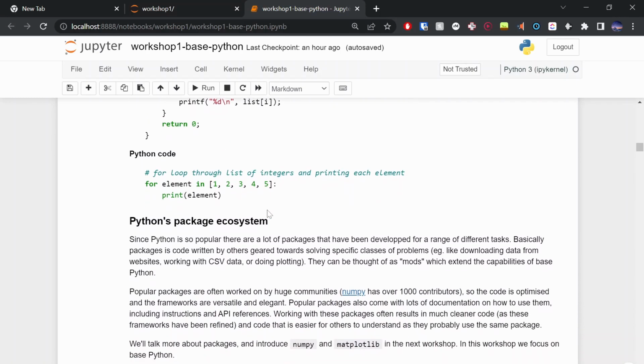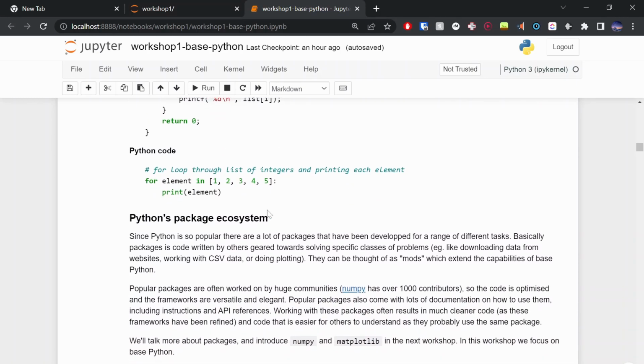And then it becomes a chicken and egg sort of thing, because since Python is so easy to get started with, lots of people start using it, and then lots of people develop tools for it, and then lots of people come to Python for the tools that it has, and it just becomes a snowball effect to the point now where Python is so popular that there are so many packages for it, and packages can be thought of as mods for Python, basically libraries of code that other people have written, and you can slap on top of Python and use those frameworks.